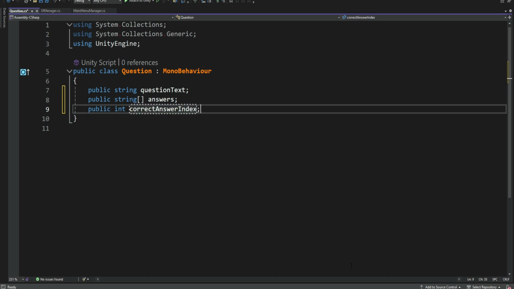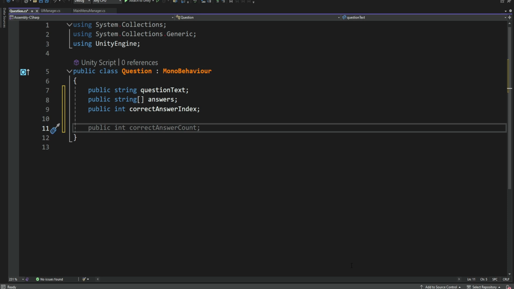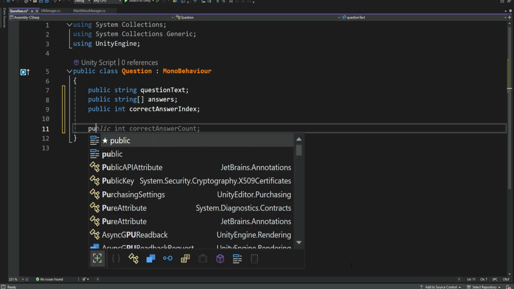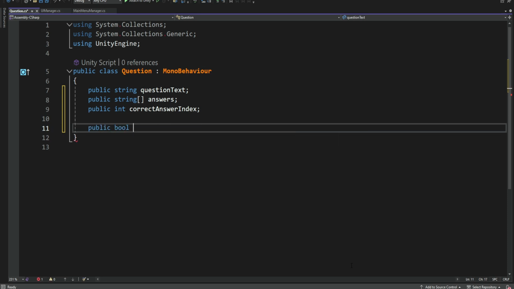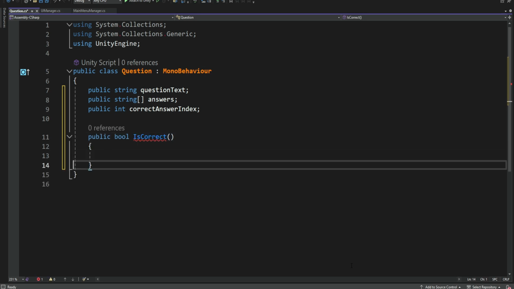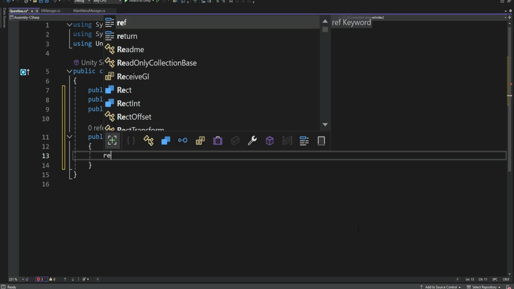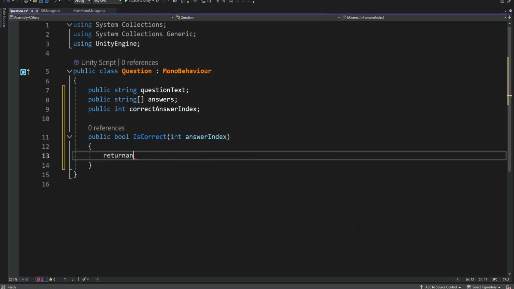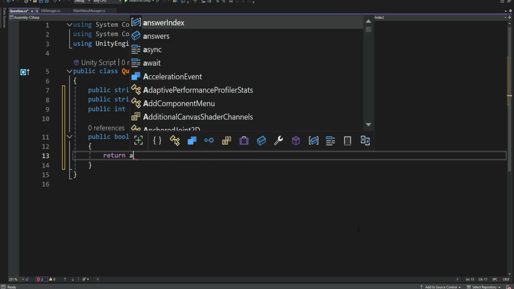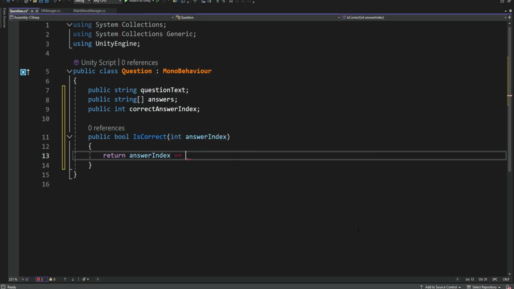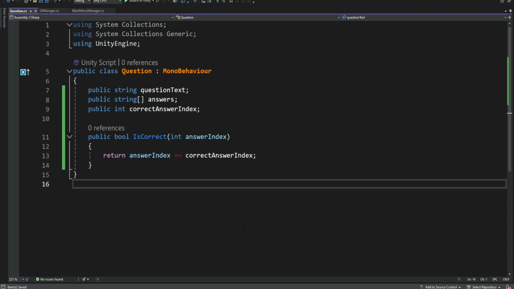And we also want to have some kind of utility method that is going to check if the answer is correct. So public bool IsCorrect, and it will basically receive an integer for the index, and it will check if this is the correct index. So answer index. So this is what we need